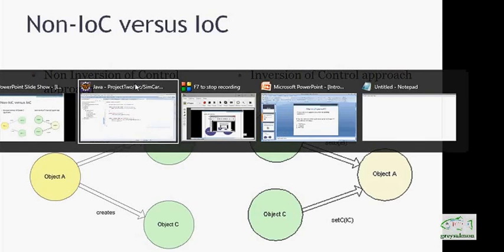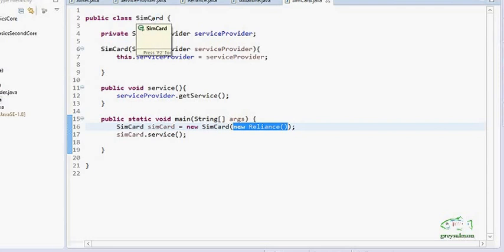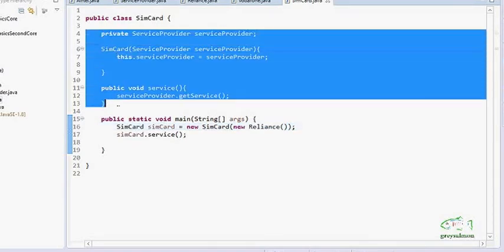Now as we have designed in our class here, what we are doing here, we are injecting the dependencies. Now what are the dependencies? The dependency of the SIM card is this service provider. Now this SIM card class is not having any of the dependencies, it is having only the reference of the dependencies. Now here we are injecting the dependency into this class SIM card, because we have not created any of the dependency in class SIM card with the help of the new operator. We are injecting the dependencies into the class SIM card.